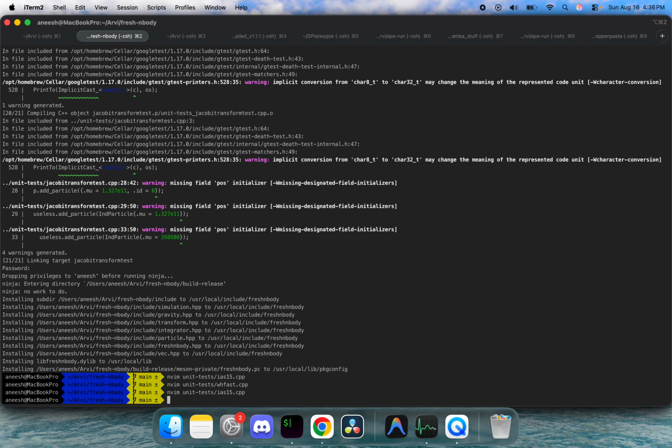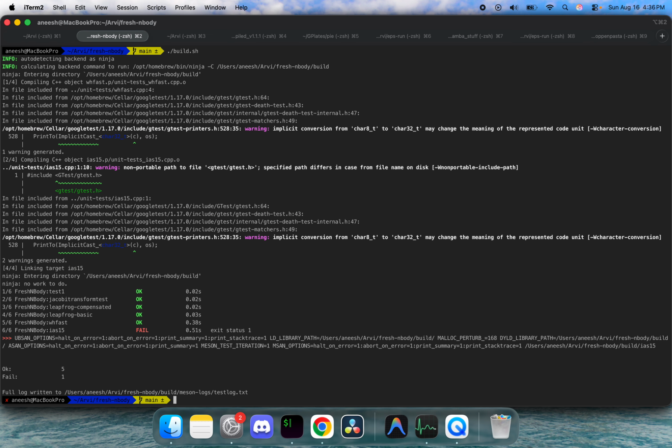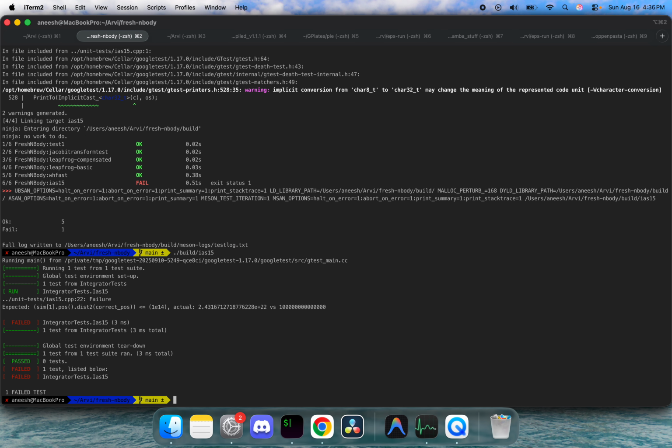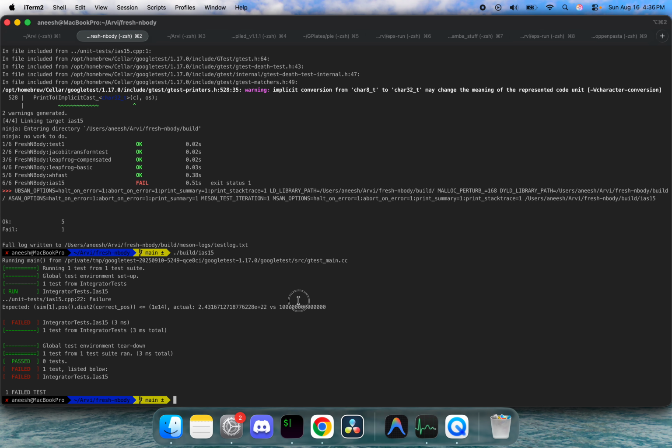Okay, now if we build this, how terribly wrong will this go? Yep, that will fail. ./build/IAS15. Okay, this is actually, at least it's not NaN. That's better than last time. Actually, all the time, like, build something up. But this is definitely not good. Yes, so